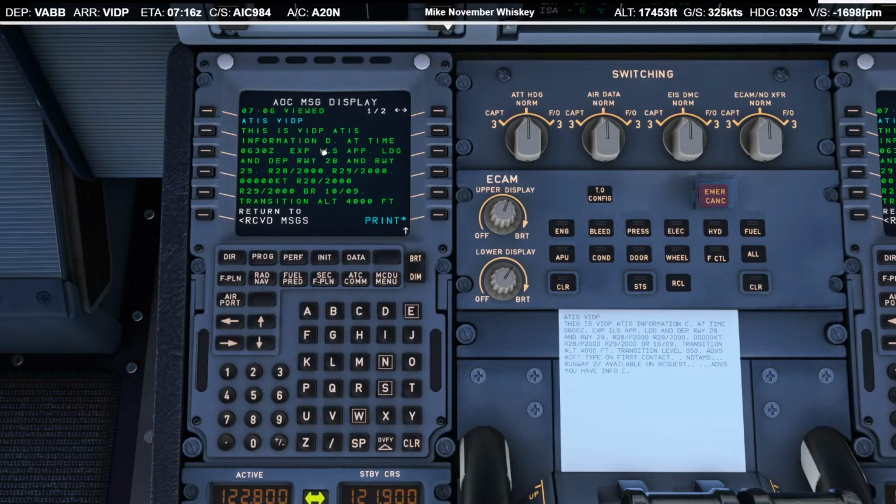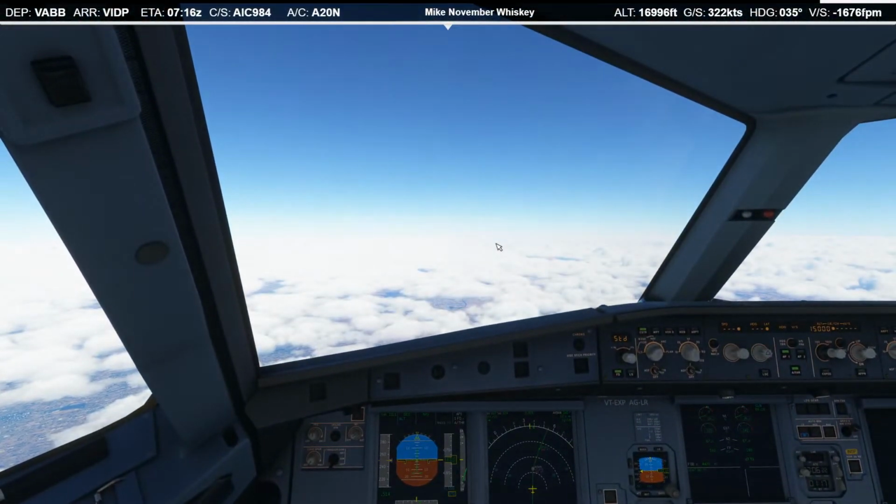We now have information Delta, but nothing has changed from the looks of it. We'll print that, just so that we have the latest letter.